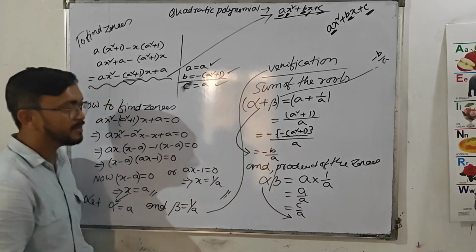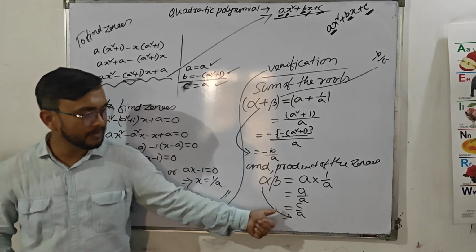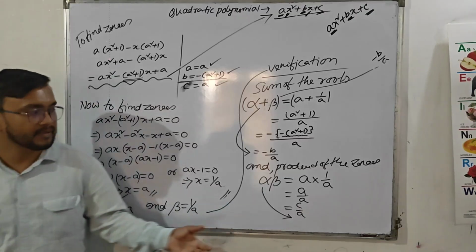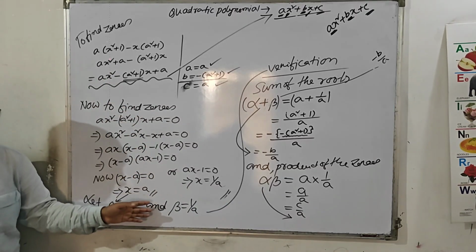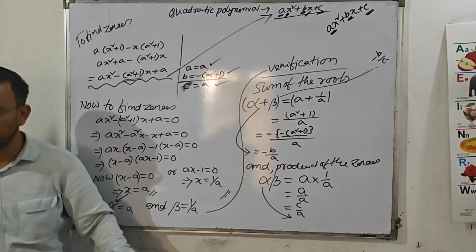That means you must remember the relation alpha plus beta equal to minus b by a, alpha into beta equal to c by a. And after solving any quadratic polynomial, if the question asks you to do verification, you should follow this part. One more thing,